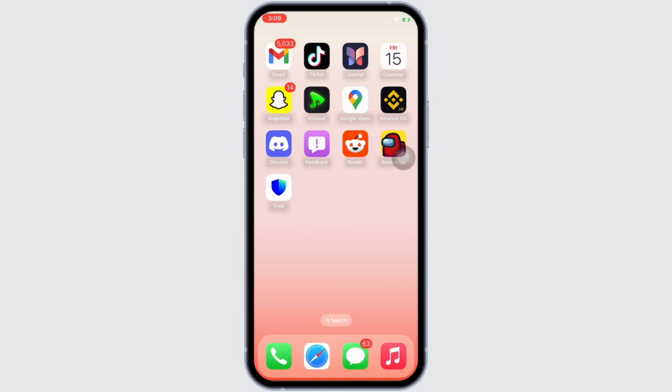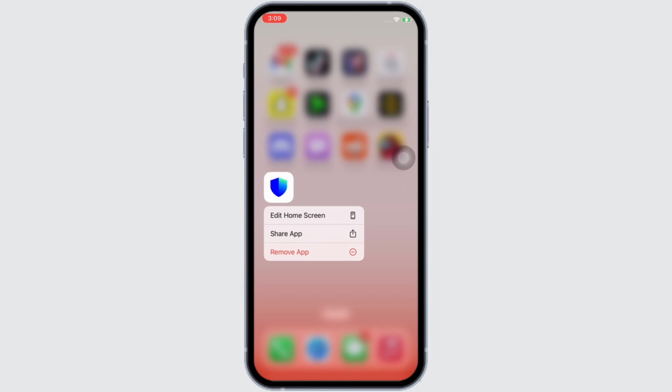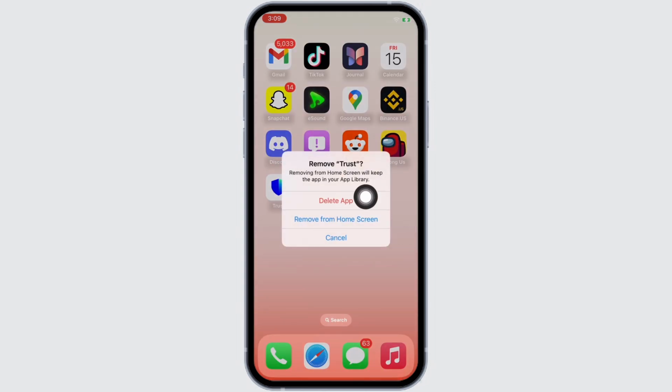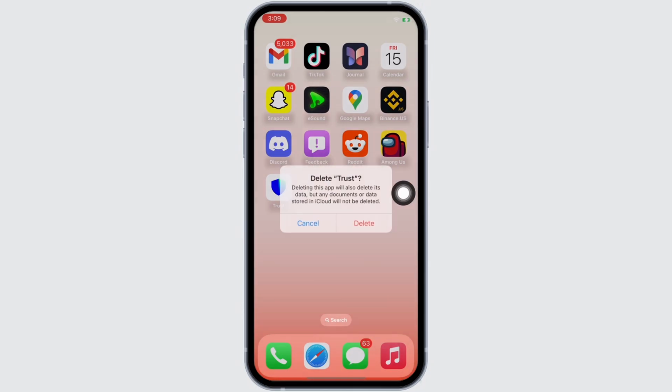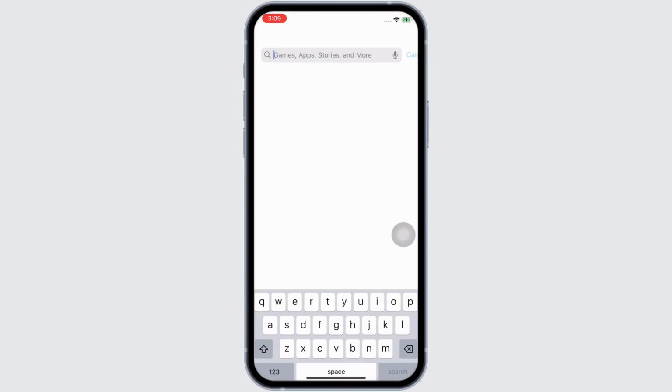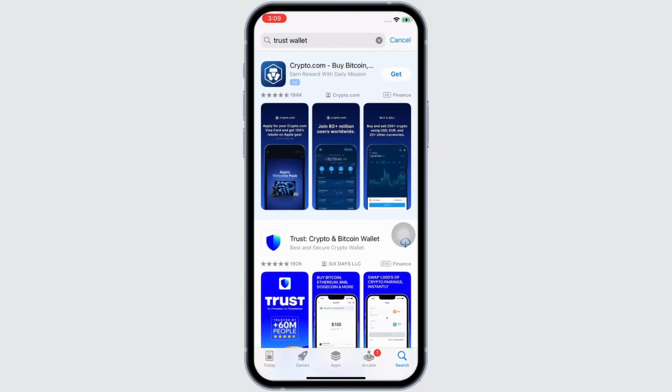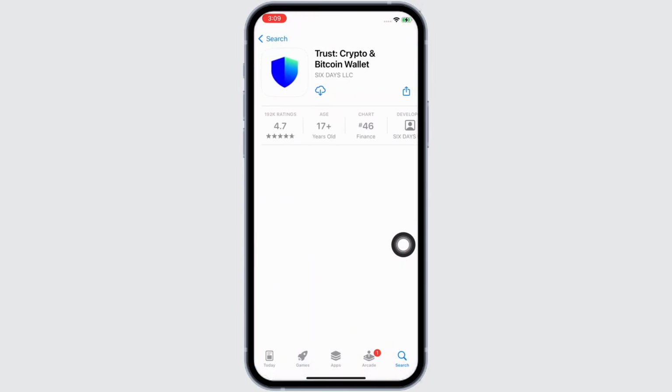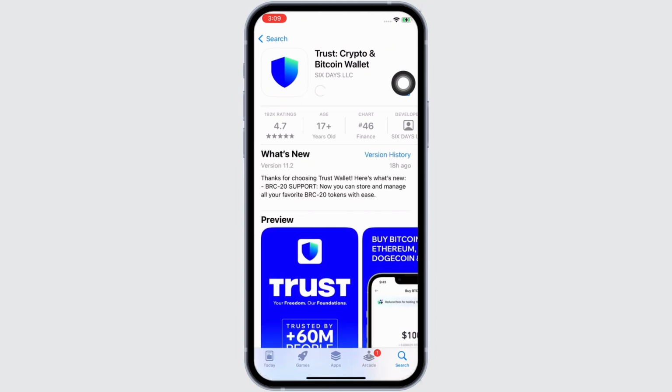First fix for this issue is to delete the app and reinstall it again. To delete, go to your home screen and tap and hold on the Trust application. You will see the remove app option. Tap on that and then tap on the delete app option. In the pop-up that appears, tap on delete again and then go ahead and open the App Store, tap on the search bar there, search for the Trust application and reinstall it, and see if that fixes the